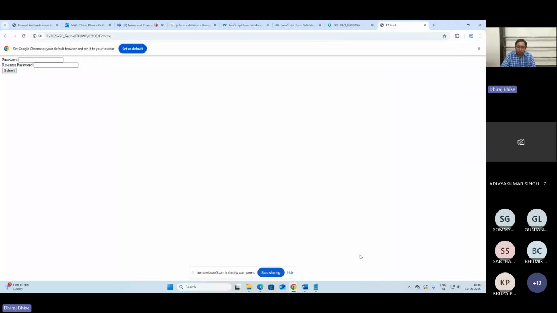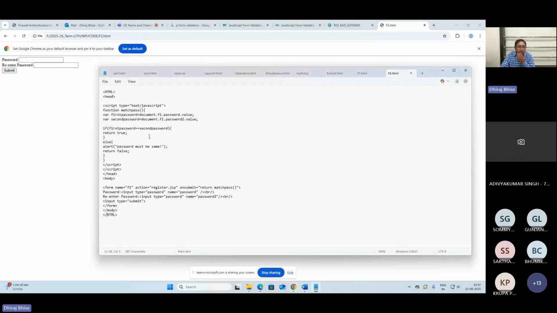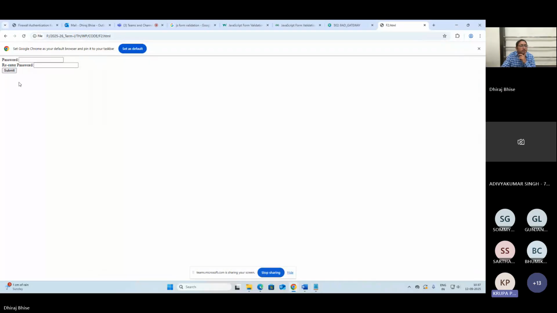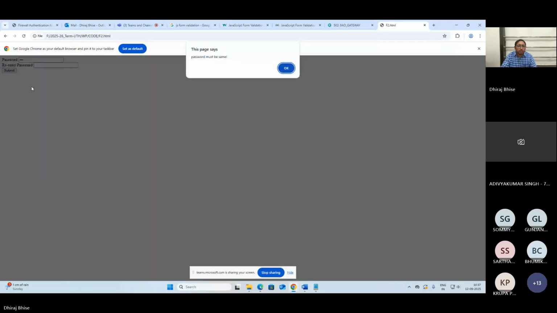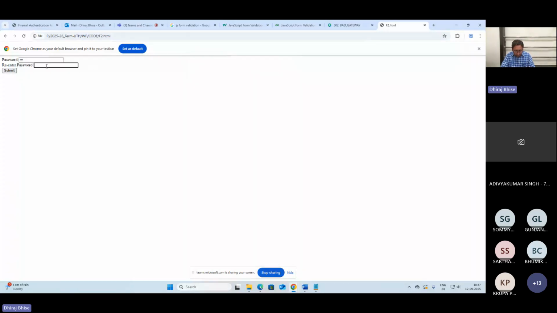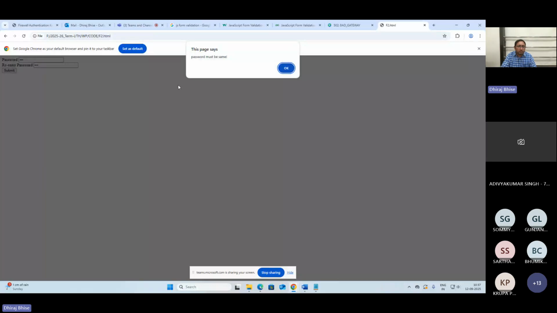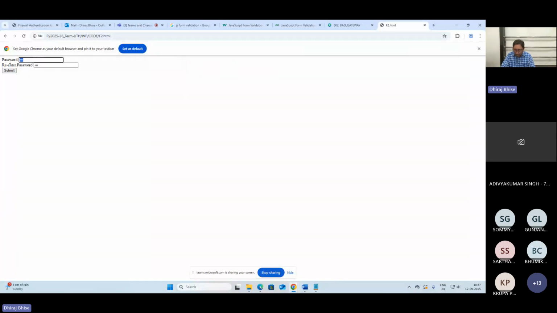Okay, so let us see what is happening here in this retype password. What we want actually, re-enter password. क्या हो सकता है इसमें, क्या किया होना चाहिए हम लोगों ने? If I am entering say 1 2 3, password must be same. Say 3 2 1, password must be same. मैंने कुछ भी नहीं दिया तो